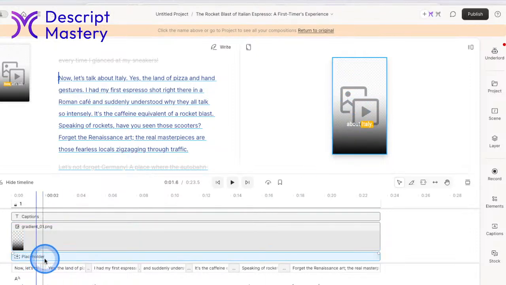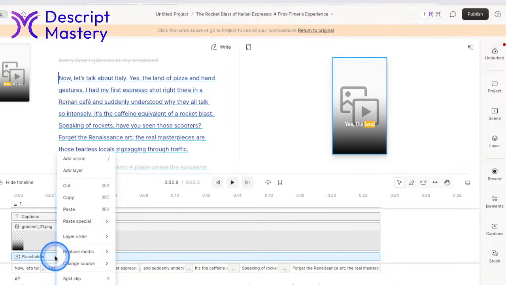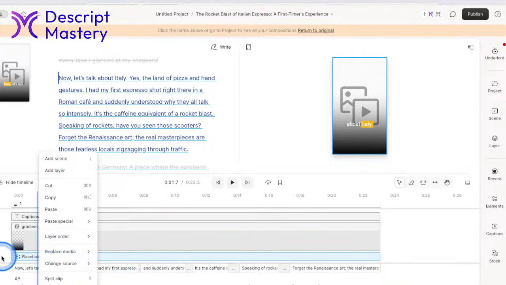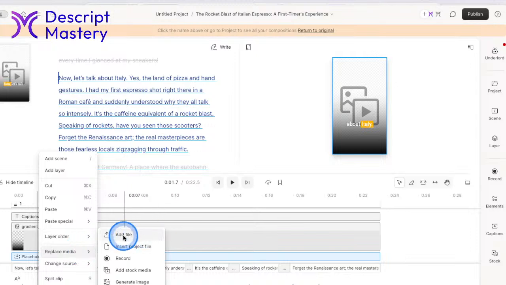That is what's called the placeholder layer. This is something that Descript just added recently, and it's changed how layouts work. Because this got added as part of my layout, I can right click on it, say replace media, and I can add a file of my own.